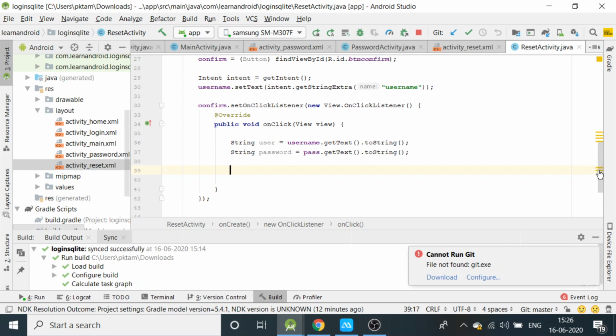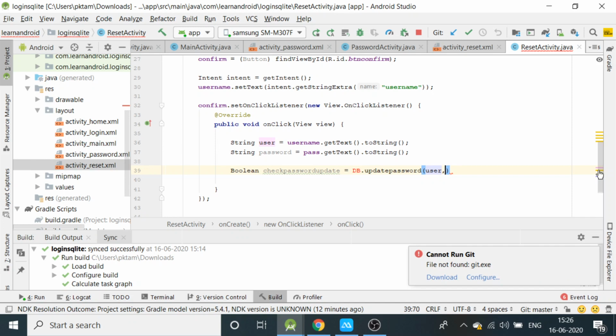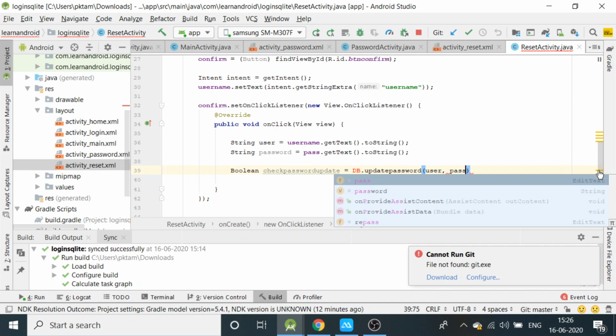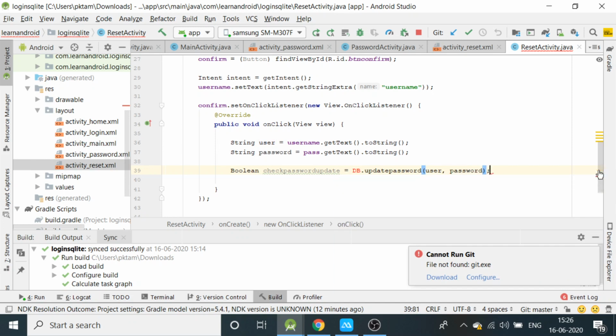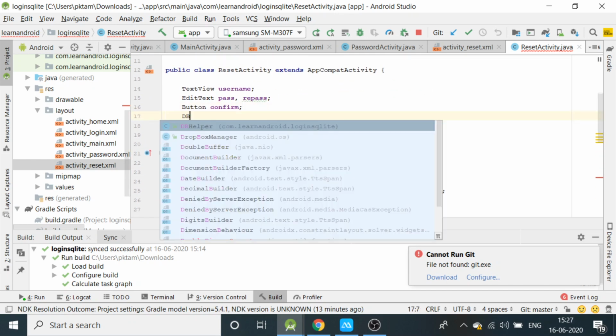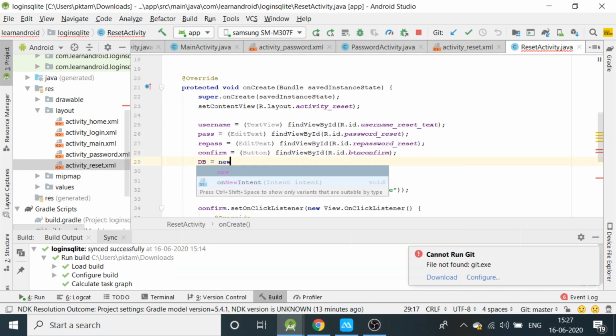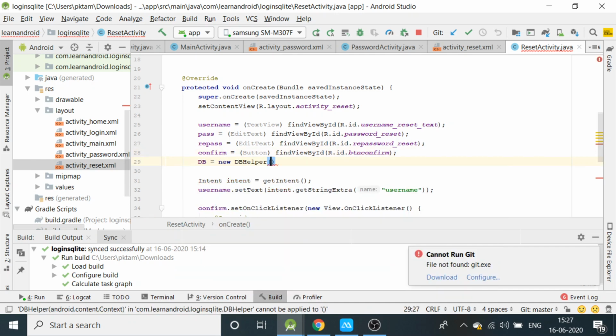Then we will define here a boolean checkPasswordUpdate equal to db.updatePassword, and we will give a user and a password. These are the two strings which we will pass to this function. Let us define a DBHelper db. Let us initialize that: db equal to new DBHelper(this);